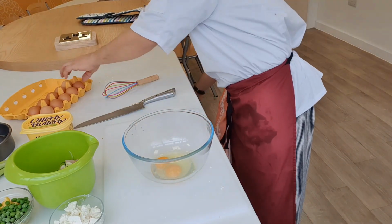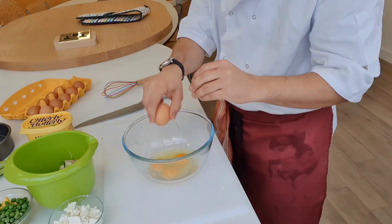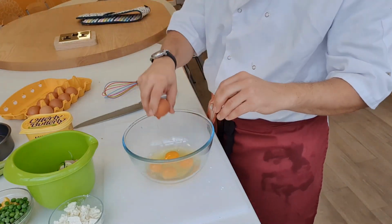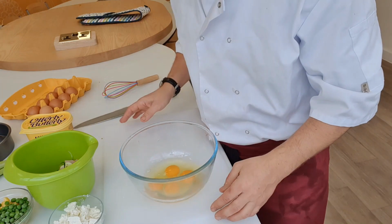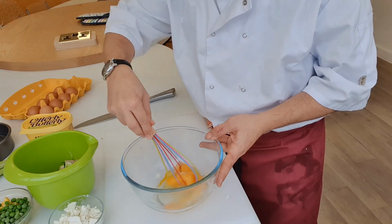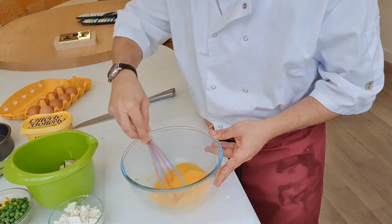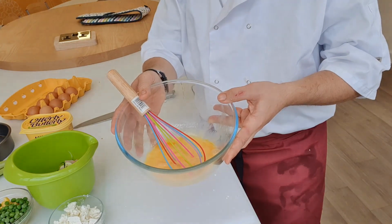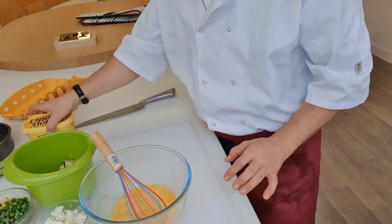2, 3, and 4. Now this is a good time to add any seasoning that you might want to the eggs. So in seasoning you might want to add some salt and pepper. Then using your whisk, just roughly whisk your eggs together. Now that's all of the preparation done, apart from we've just got to use the butter